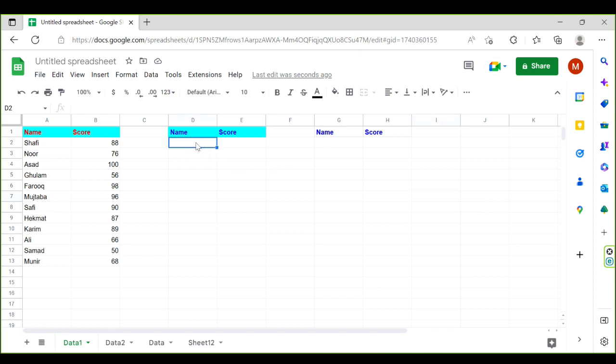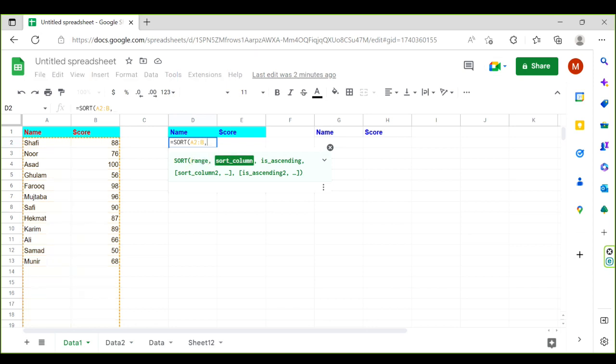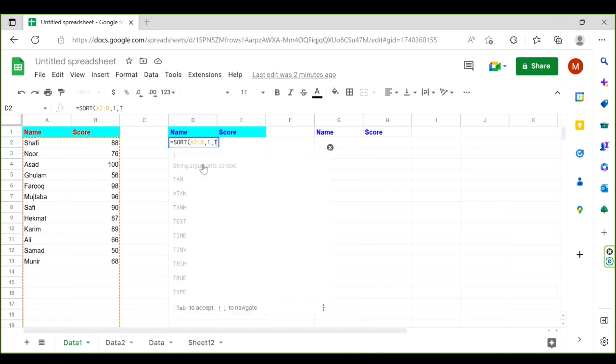Enter the following formula into a blank cell where you want to locate the sort result. Type sort, press tab. For the range, enter A2 colon B. A2 colon B is the data range that you want to sort, comma. For the sort column, enter 1. The number 1 indicates the column number that you want to sort data based on, and you can change them to your need, comma. For the is ascending, we want to sort our data in ascending order, so we will